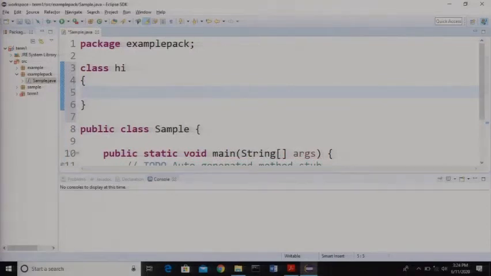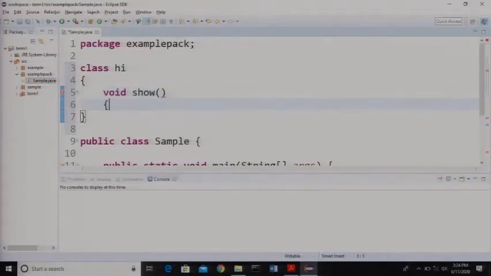So first we started with creating two classes. One is responsible for printing hi world 5 times, and the other class is responsible for printing hello world 5 times. So for that sake we wanted a method. So let me take it as a show method.